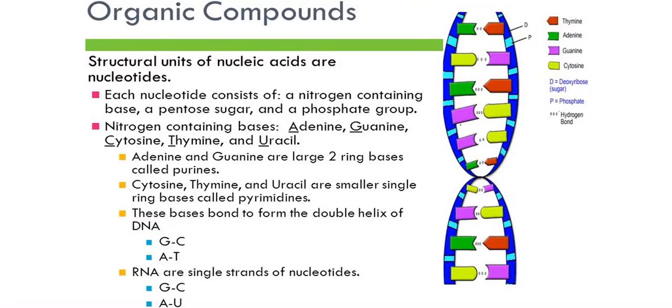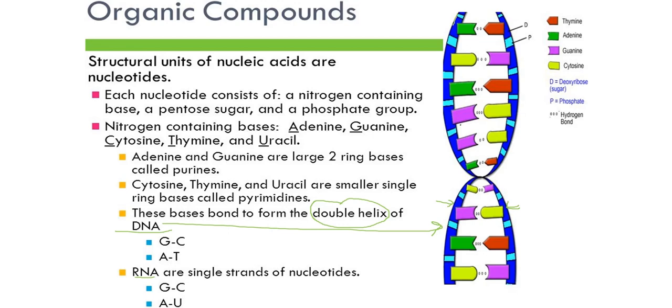So if we look at the most important nucleic acids, DNA and RNA. Here on the right, you can see this is the model of the DNA molecule, which has the shape of a double helix. Here we cannot see it very well, but on the next slide you will be able to see it better. So overall, DNA is made up of two strands of nucleotides.